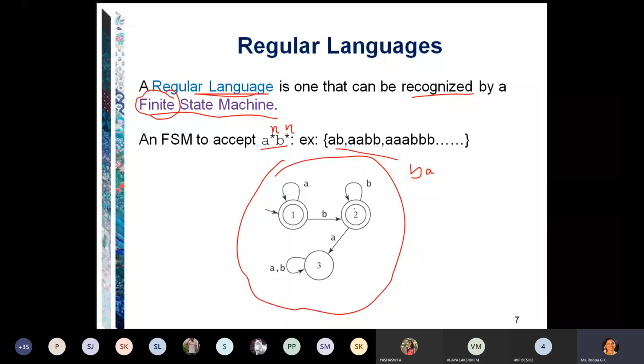Here you have to identify the letters like A, B, etc. We have an arrow mark like this. This is called a transition. You have one arrow which does not have any symbol, and one loop like this. This is called a self loop. An arrow originating and ending in the same circle is called a self loop.